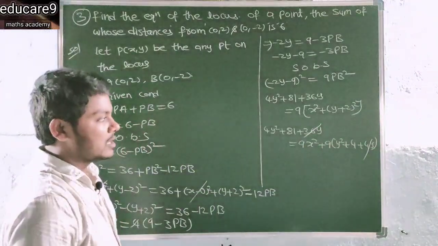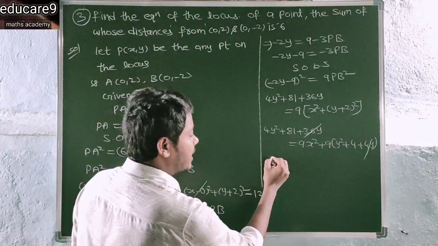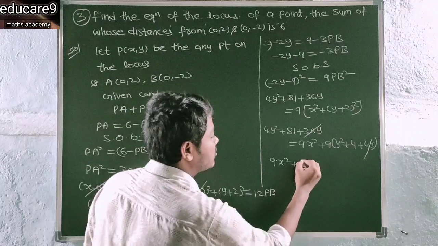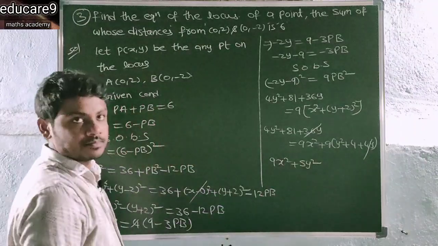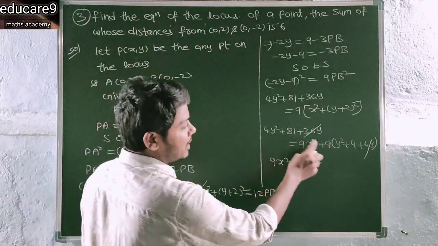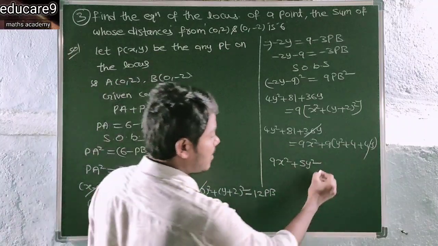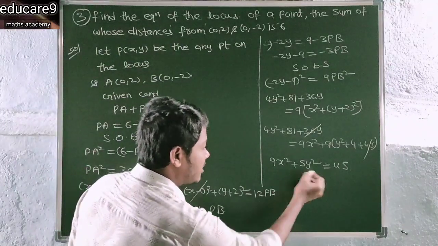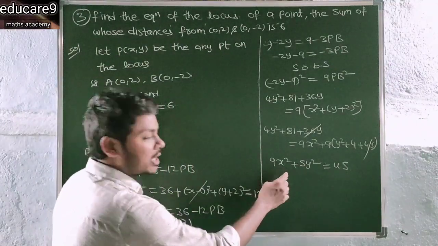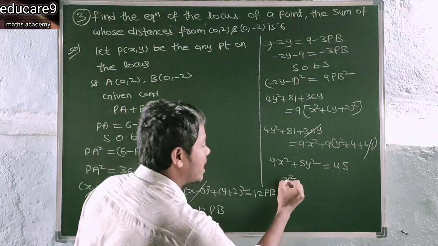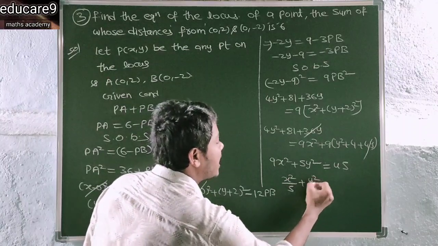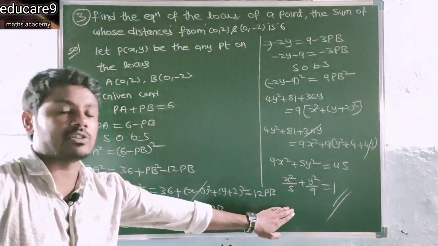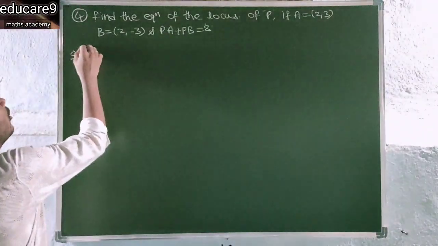Okay. So clearly 36y here, 9 into 4, 36y, so gets cancelled. Next this is 9x square. So here 9y square minus 4y square, that is plus 5y square. Next here 81 minus 36, that is 45. Now divide by 45, what do you get? x square by 5 plus y square by 9 is equal to 1. So this is the required locus of P. So see the question number 4.